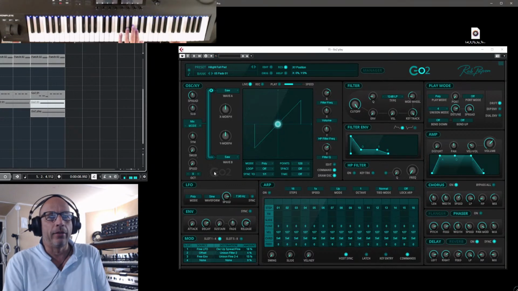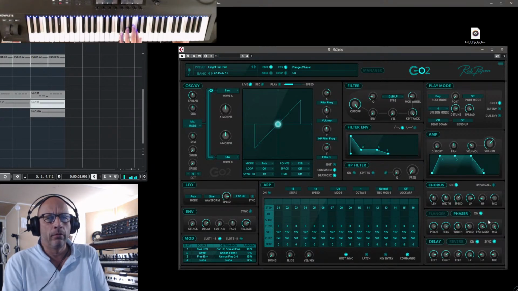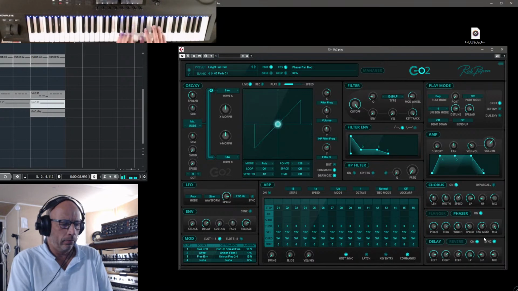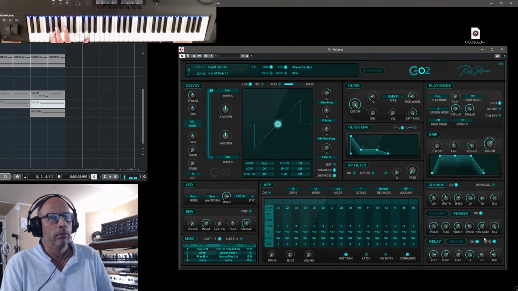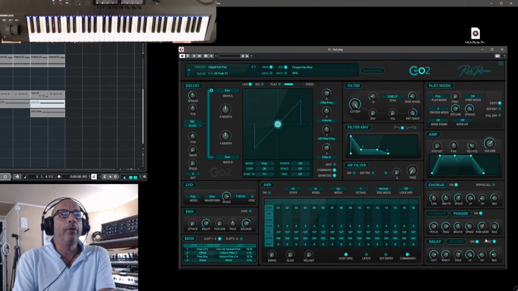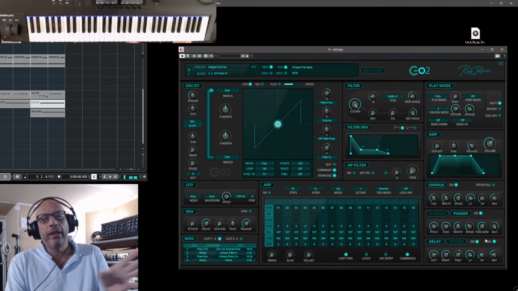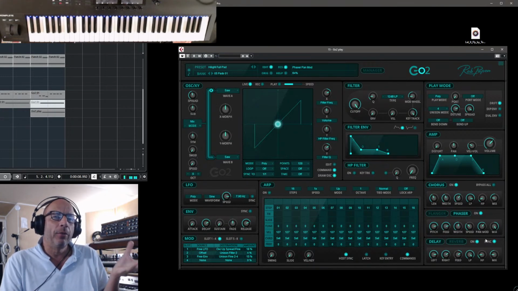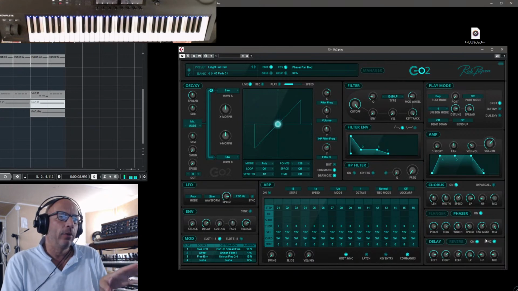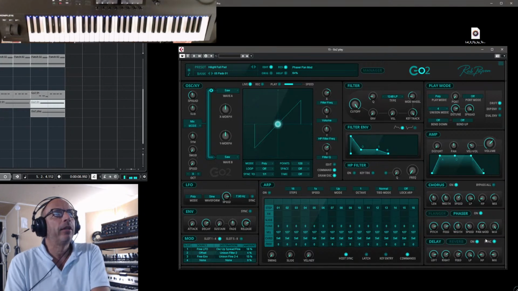It's a very nice pad, and you could add the phaser to it, and you get a really... So Go2 is a very, very cool synth. It's much more limited than Predator 3 or Blue 2 or Blade 2. But that's also very often a cool thing because you are limited and you still can do a lot of creative stuff. So limitation makes people creative. That's something it's definitely